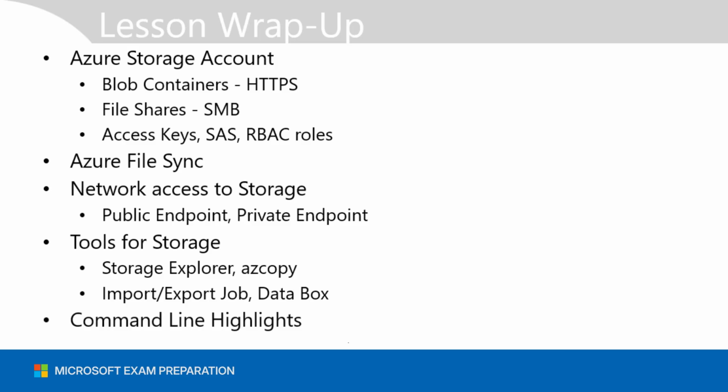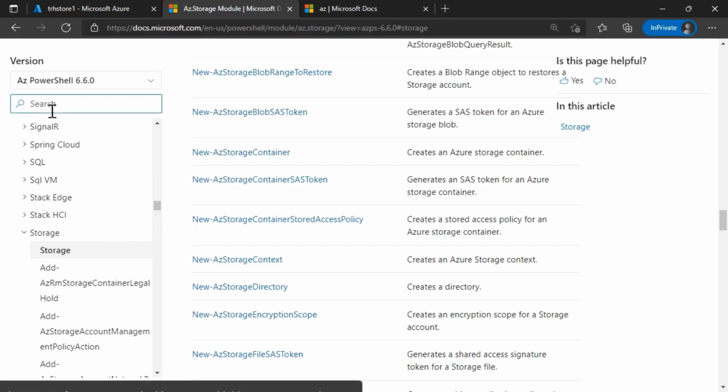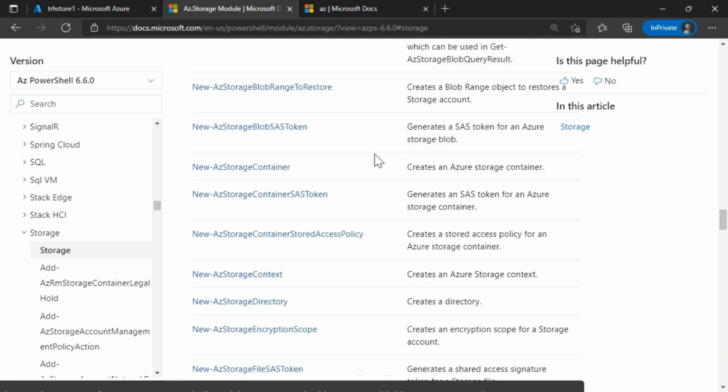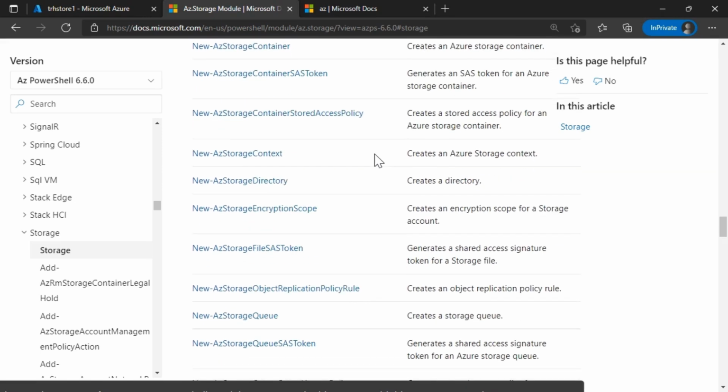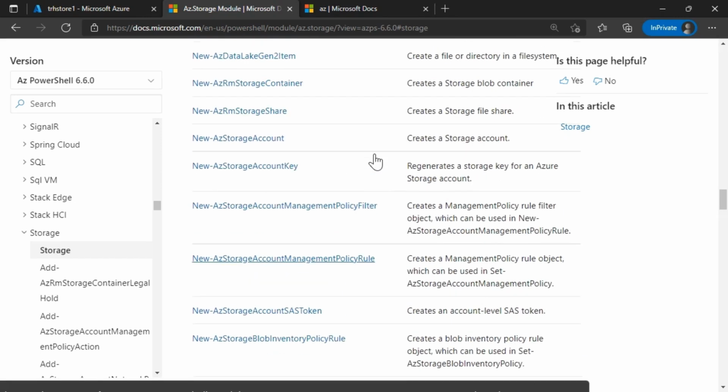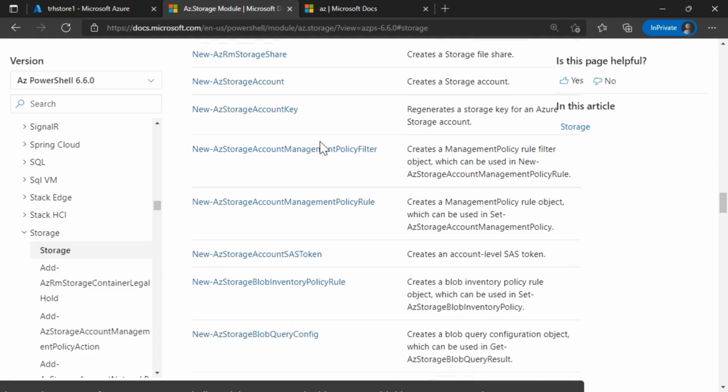Finally, let's look at some command line choices for using storage accounts. So I'm in the PowerShell documentation. I have scrolled down in the reference to storage, and here's where you can see in the new section, I'll show you Azure Storage Account. So here's New-AzStorageAccount for creating an account all by itself. After you do that,